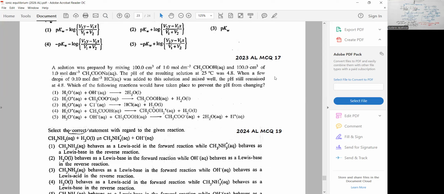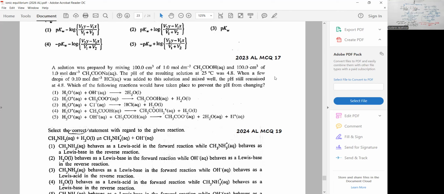A solution was prepared by mixing 100 cm³ of 1 mol/dm³ acetic acid and 100 cm³ of 1 mol/dm³ sodium acetate. Now this is a buffer, right? And the resulting solution pH was 4.8. That means it is the pKa value. You can say that too because if the concentrations are equal, pH equals pKa. 4.8 is the pKa. When a few drops of 0.1 M HCl were added,